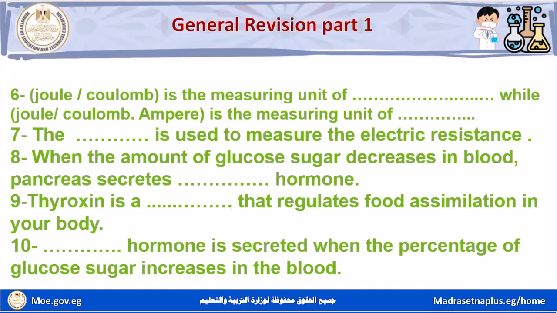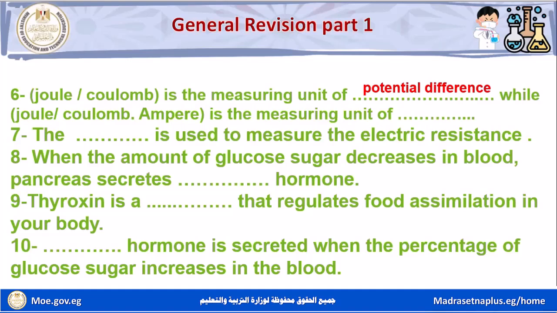Joule per coulomb is the measuring unit of potential difference. Okay. Joule, measuring unit of work. Coulomb, the measuring unit of the amount of charge. Okay. So Joule per coulomb is the measuring unit of potential difference,